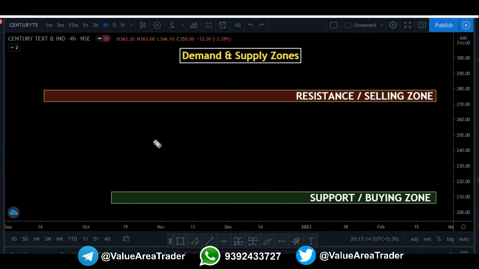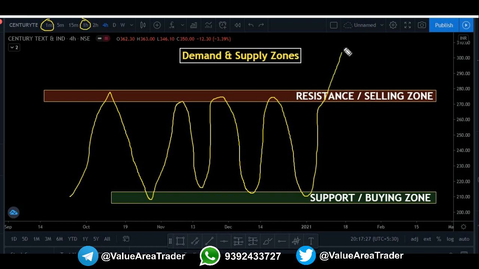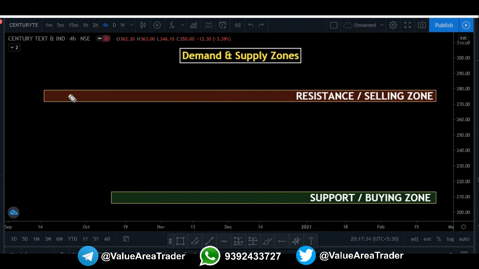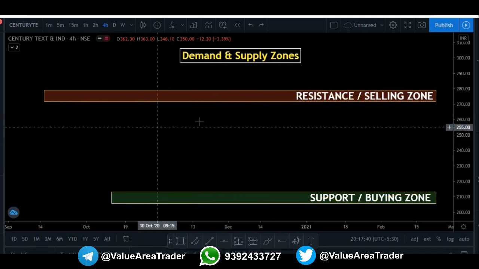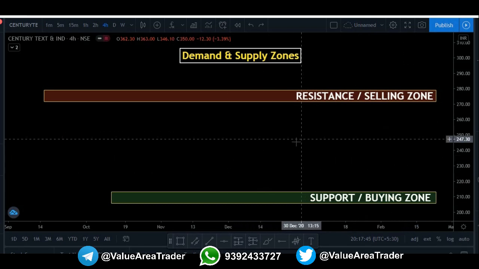So generally what we assume is that whichever time frame you are in, price generally moves inside the supply and demand zones, and it trades in this area for some time before breaking out, and then it goes to some different price area and stays there. So we generally believe that it always oscillates between a resistance and selling zone. Okay, so coming to the trading practices that you should actually follow.